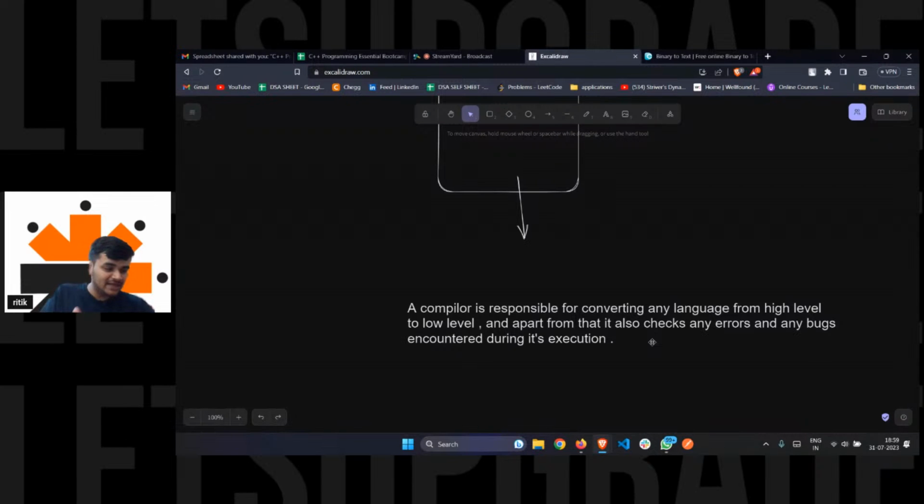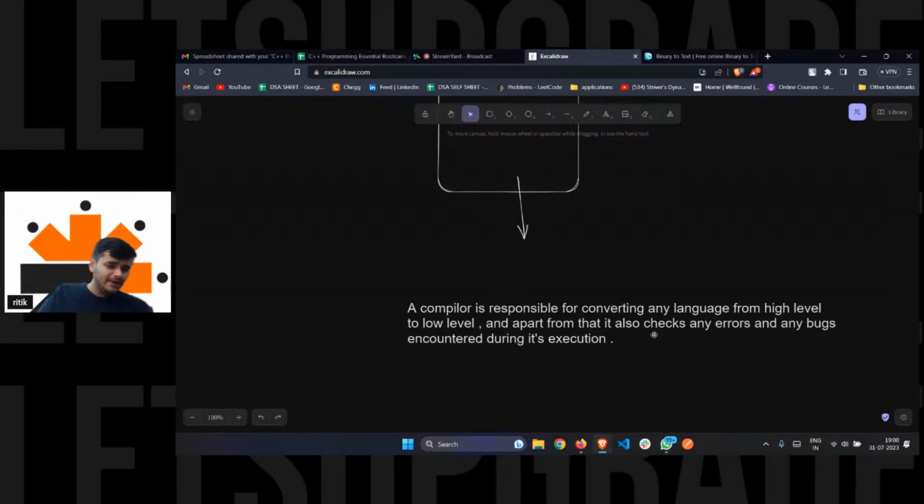It has the capability of telling you the exact line and location of that bug, but it will not rectify it. It will leave the work of rectifying that bug to you as a programmer, as a human being. It's funny, it can literally sense which line we have an error on, but it will not be able to rectify that error. So you have to rectify it as a programmer.